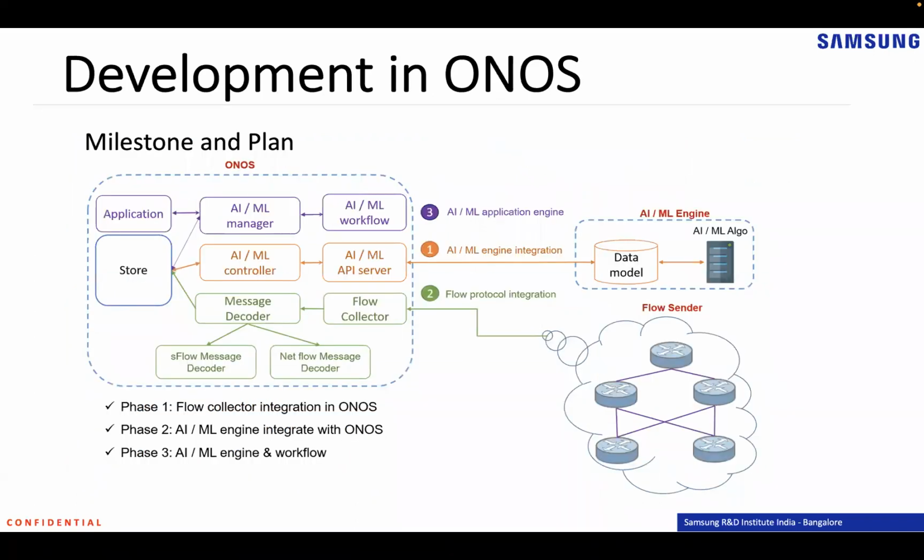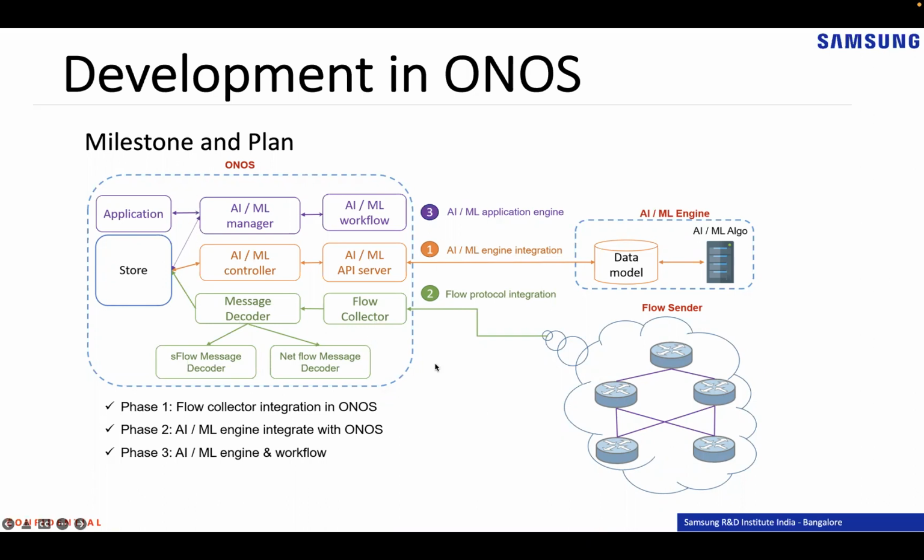So this is a very broad overview of the development plan in ONOS. Basically, we have divided the entire development into 3 phases. Phase 1 and phase 2, we anticipate, should happen in parallel. Finally, we will enable the operator to integrate the business logic through workflow in phase 3. As part of the first phase, we will bring the PMDARIMA integration in the AI/ML model, and we will integrate with the existing